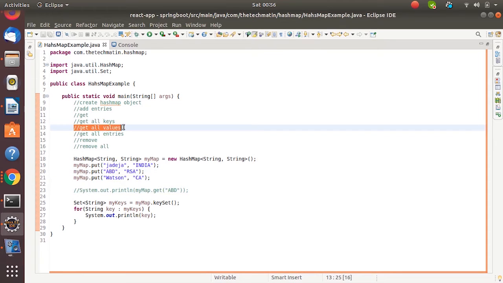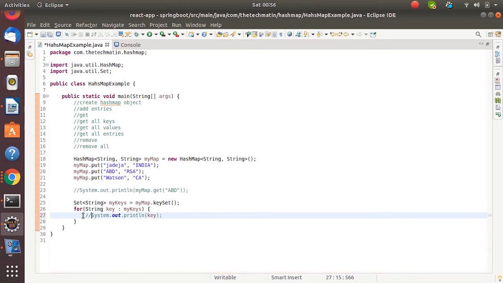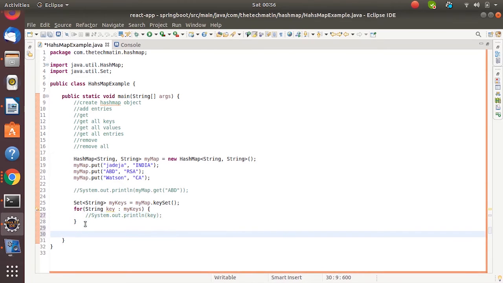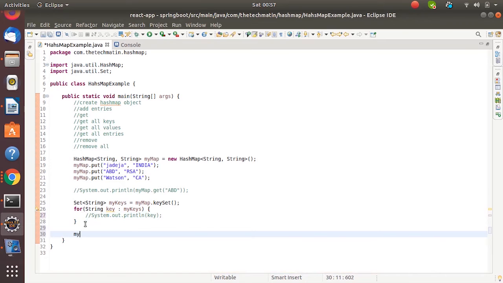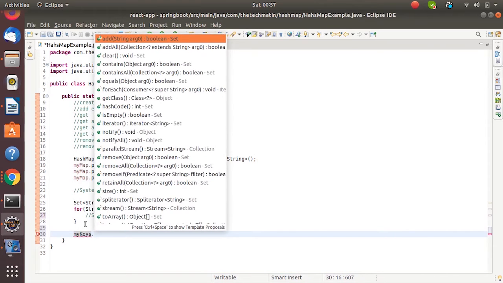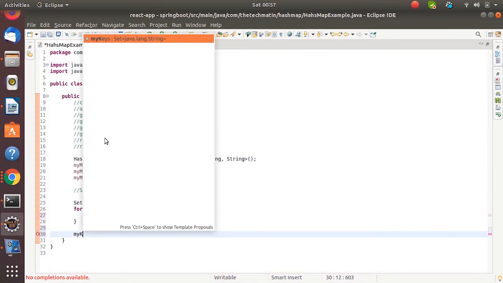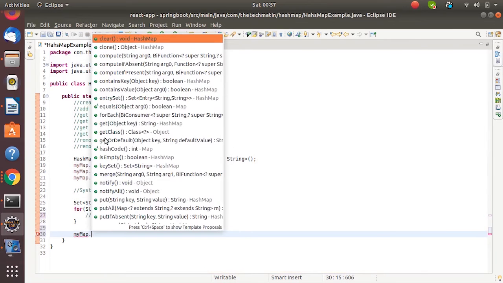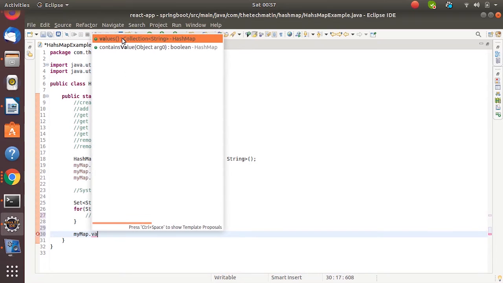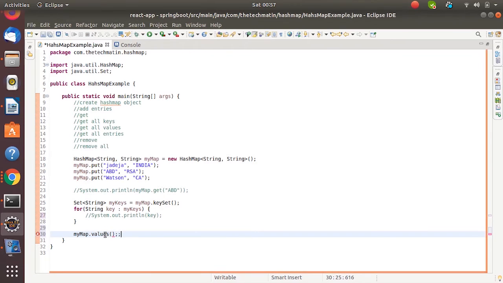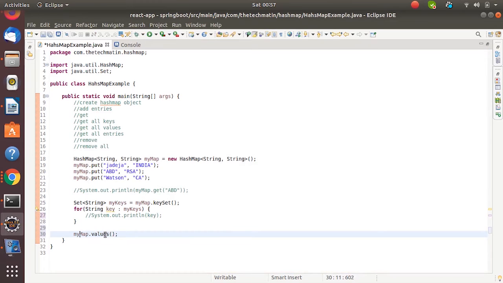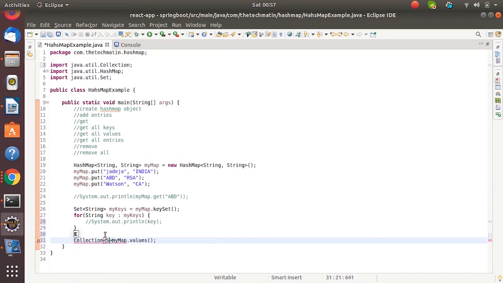Now next is how to get all the values. So let's say we have to get the values, we have my map. Yeah, we have a values method which is going to return the collection of values. Let's specify the type to avoid the warning.